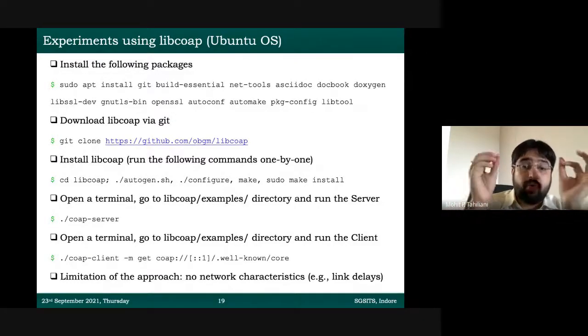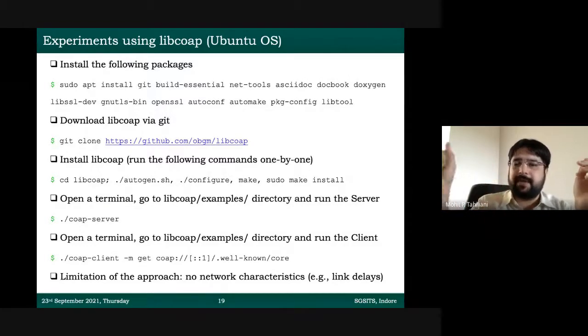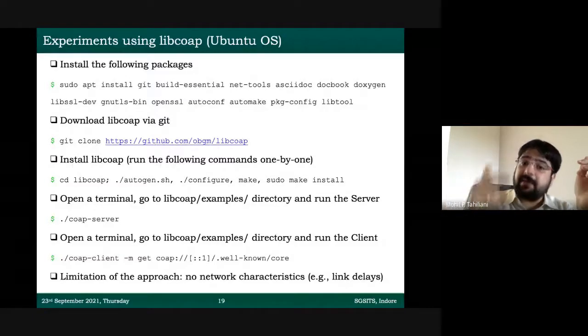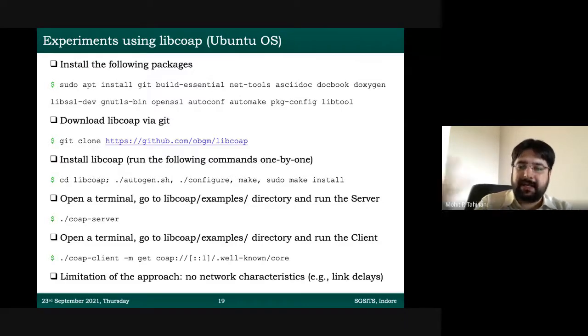You might have heard about loopback IP addresses when you studied computer networks. 127.0.0.1 is an IPv4 loopback address. Same thing in IPv6 is called colon 1. So loopback because both your terminals are in the same machine, in the same laptop. If your server is on a different machine, client is on a different machine, then you have to use the server IP address here for the client to communicate to the server. And then this is the data that you are requesting, and this is also what Vishal was running again and again. He was putting sensor, pressure, accelerometer, all those things here and collecting that data.